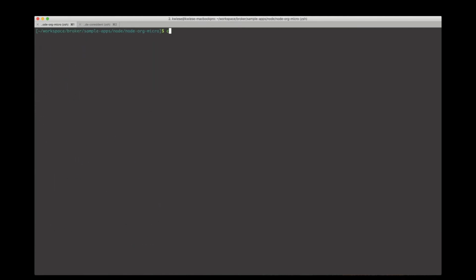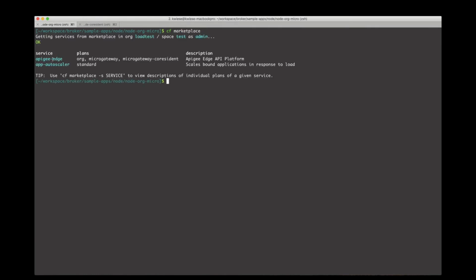So what we can actually do now is run cf marketplace. And we can see that we have our Apigee Edge service installed via our tile with the 3 different plans installed. We have the org plan, Micro Gateway, and Micro Gateway co-resident plan available. And in order for our apps to actually interact with these different plans, we need to make service instances of each one of them. So what we can actually do is do cf create-service, and we can do Apigee Edge